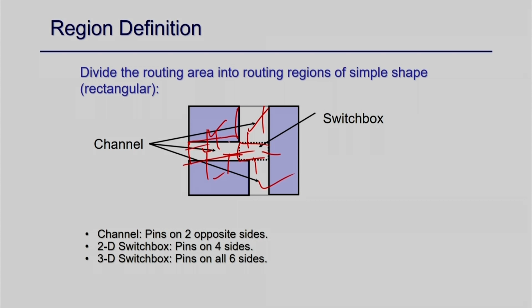You have to define the regions in this graph. I have basically 3 channels and 1 switch box, because after this, in detailed routing, I have to say that this particular connection goes through channel 1, this is channel 2, this is channel 3, and this is switch box 1. I have to say that this connection goes through this to this, so it is covered by C1, the switch box and C2. Then whenever I do detailed routing of channel C1, I have to take care of this particular connection. So first I have to define how many regions there are, how many channels and how many switch boxes, which is region definition.